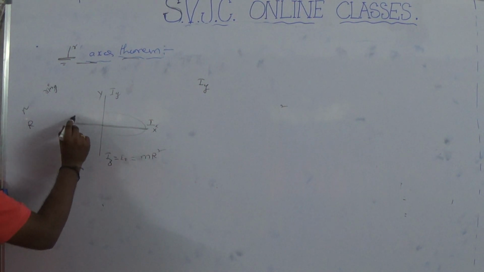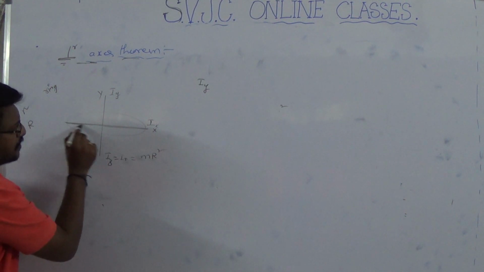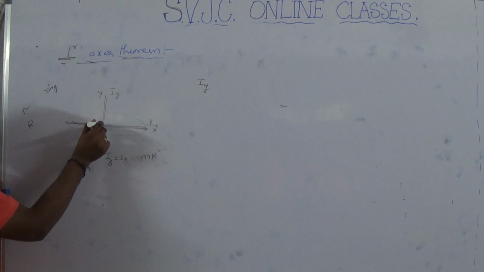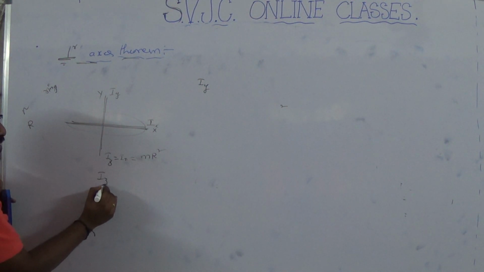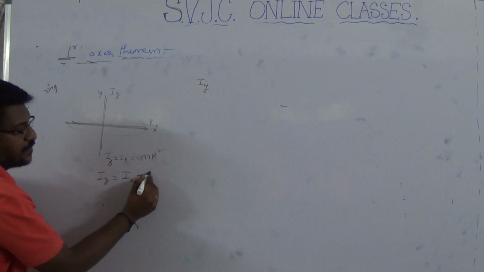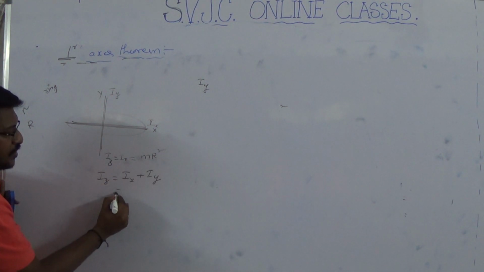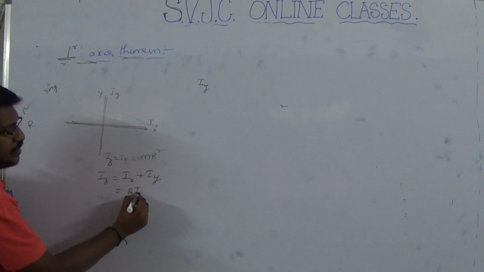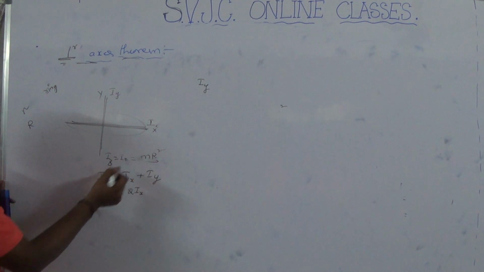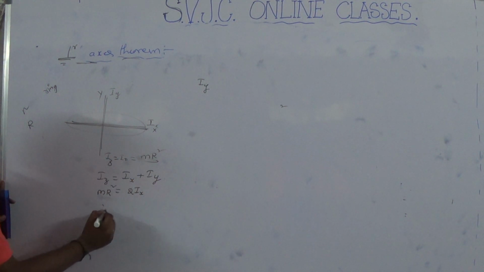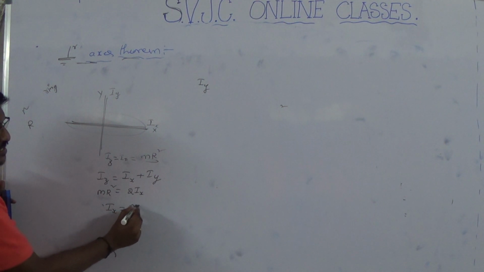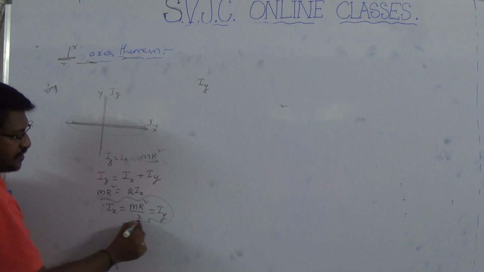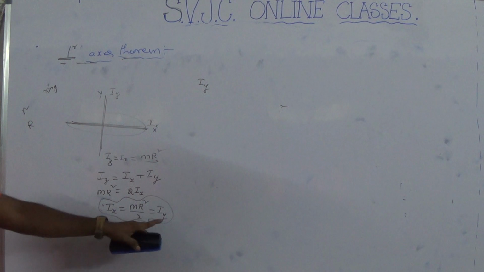What is the moment of inertia of this ring with respect to this diameter or with respect to this axis? These two are perpendicular to each other and this is also perpendicular. That's why, by using the perpendicular axis theorem, we can write Iz equals Ix plus Iy. Ix, Iy both are equal, ring having equal shape. So you get 2Ix or 2Iy. Iz is nothing but m r square. So from that Ix is equal to m r square by 2. That is also equal to Iy. So the moment of inertia of the ring with respect to a diameter is m r square by 2.